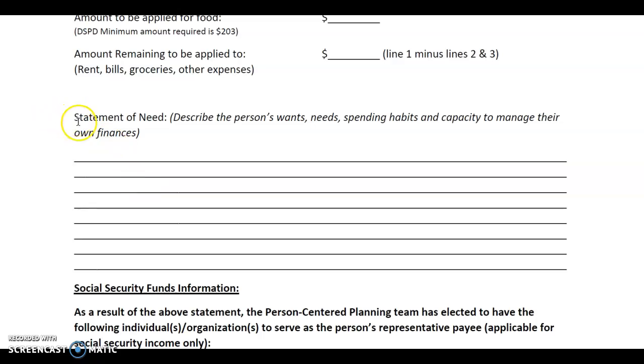Then we're going to move on to our statement of need. This is all about the client. So what kind of capabilities do they want? What are their goals? What is their capacity to manage their own finances? What kind of help do they need? What kind of support do they need? Do they want their own debit card, but maybe they can't control that, so they need to have